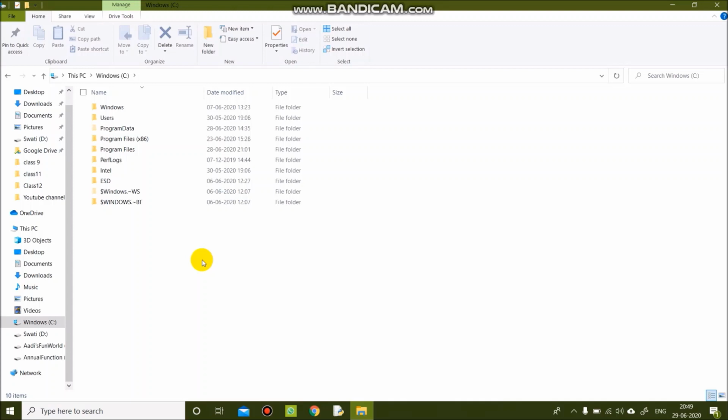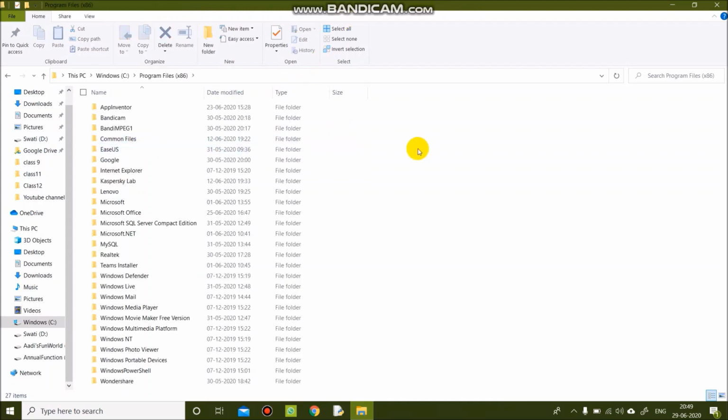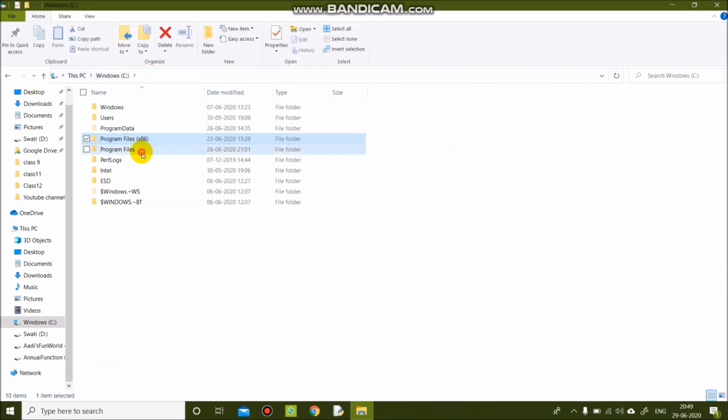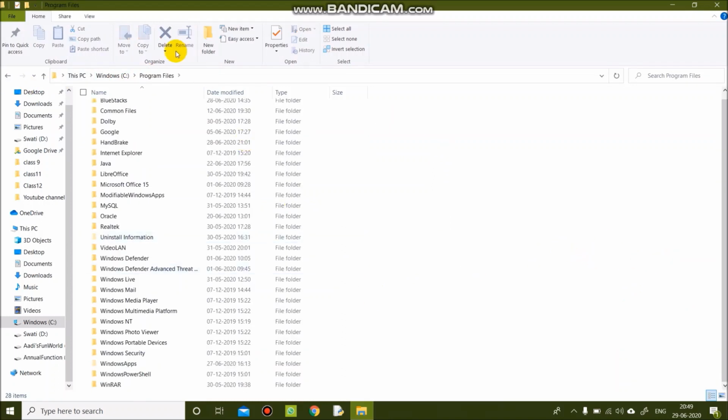If you have done an administrator install, that is, if you have installed Python for all users, then your Python folder will appear in the Program Files x86 folder. As you can see here, there is no folder named Python in Program Files x86, and it is not in the simple Program Files folder also.